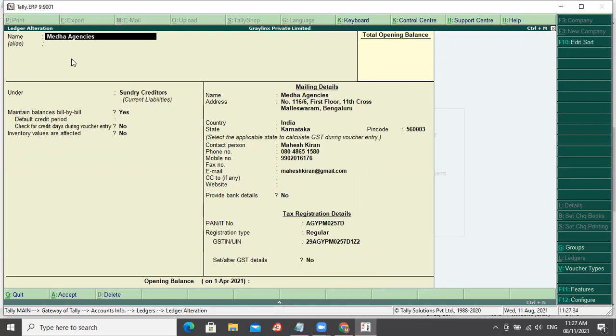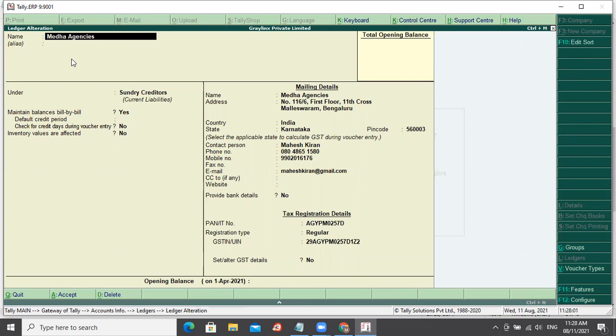Here you could look at what I have saved: Meda Agencies under Sundry Creditors, nothing but they are my suppliers. Bill-wise details is required, so I've enabled maintain balances bill by bill as yes. Credit periods are not required. On the right-hand side, I have their address: name of the organization, address, country, state, and PIN code.